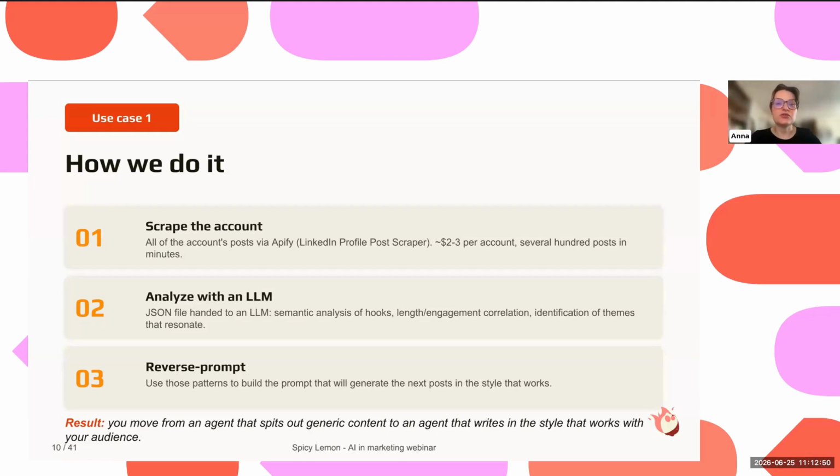Obviously, something very important to keep in mind is that sometimes an LLM is going to tell you, because of this analysis, I see that when you post on Tuesday, it works much better than Thursday. It had reached this conclusion for one of the clients we were working with. But actually, the issue was that on Tuesday, they were posting a format of post that was slightly more boring than all the other ones. So even if the result was right, it was a direct correlation, not because of the day, but because of the nature of the post.